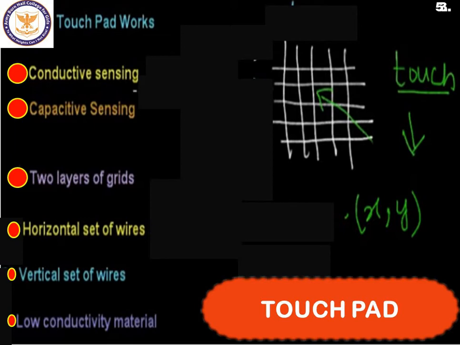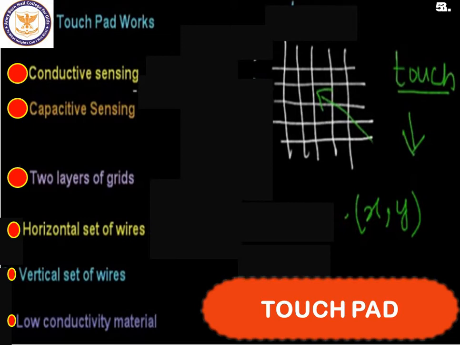You need to understand that exactly below the touchpad there exists a matrix of wires. You already know that a matrix means a combination of rows and columns.